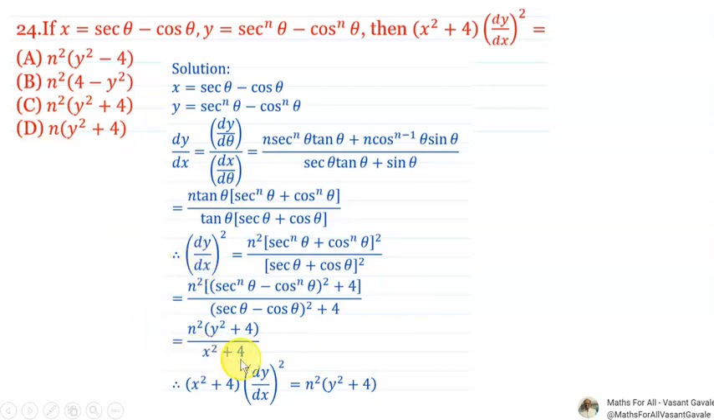divided by x square plus 4, या साइडला मल्टिप्लाय येणार. Therefore in bracket x square plus 4 into dy by dx bracket square is equals to n square in bracket y square plus 4, okay, and hence the value of in bracket x square plus 4 into dy by dx bracket square is equals to n square in bracket y square plus 4. हे देखील टफ एक्झाम्पल आहे, नंबर ऑफ द ऍडजस्टमेंट त्या ठिकाणी आपल्याला करावे लागतात. Okay,